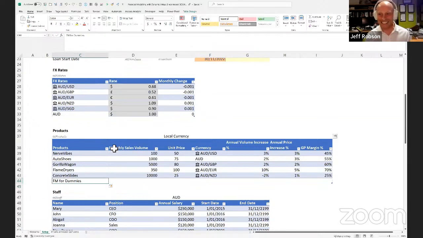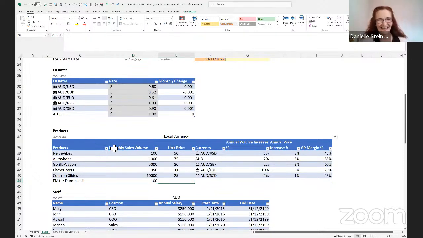What are we up to now, Danielle? Second edition. All right, version 2. Make sure you get a copy of that. I didn't even know how much it costs. It should cost this much, but you can get it for a bargain basement price on Amazon of something a lot less than that.